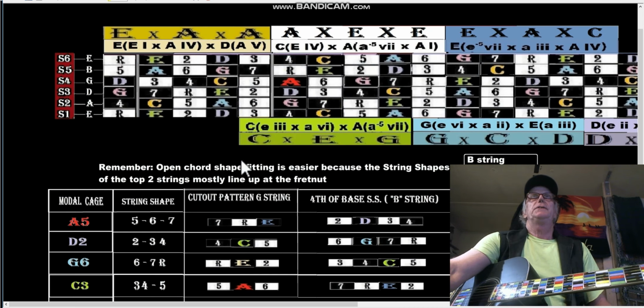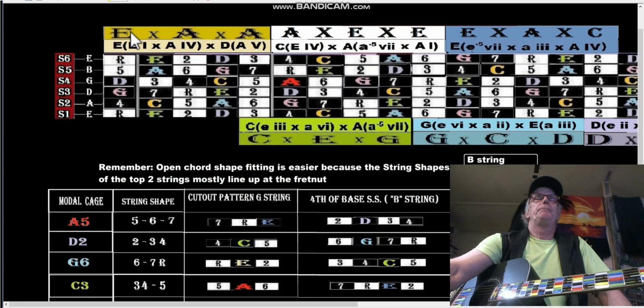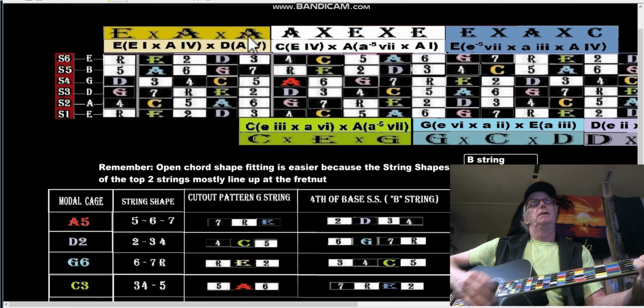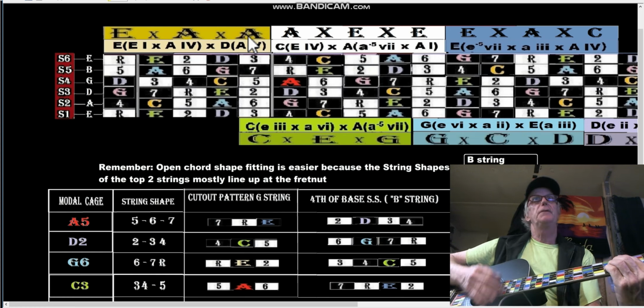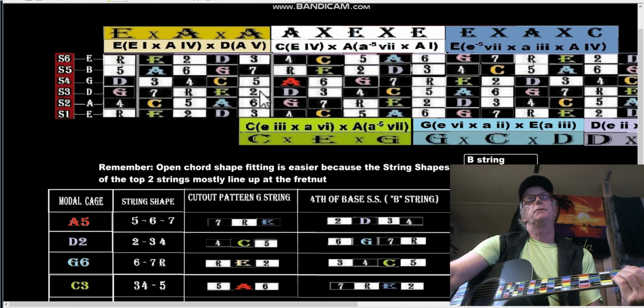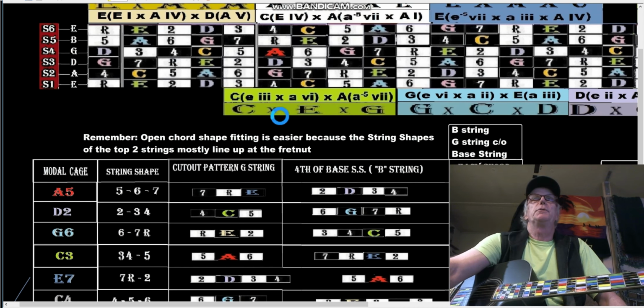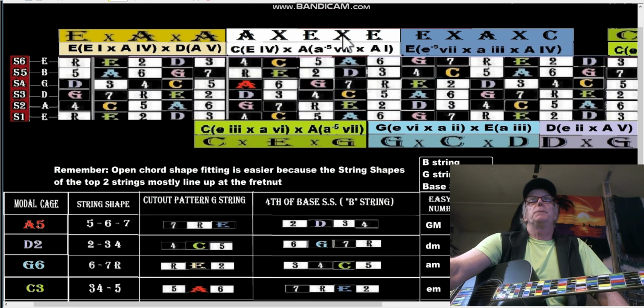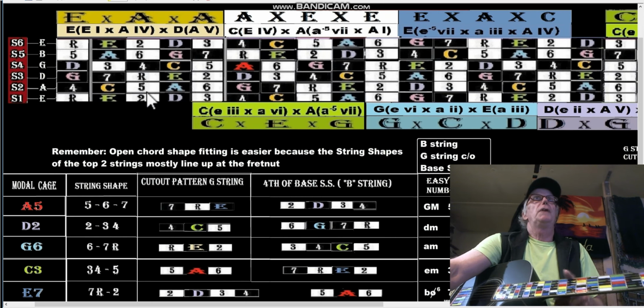Okay, and the modal cages in this particular drawing, as you know, these are the shapes if you wanted to stay in the 1, 4, 5 system. It would be E, the 4th is A shape, and then the 5th is also A shape, 2, 5, 7 there. So we talked about that in the previous lesson, and how we've got the other shapes in the other cages. Okay, but that's all 1, 4, 5. These are also modals. If you play these